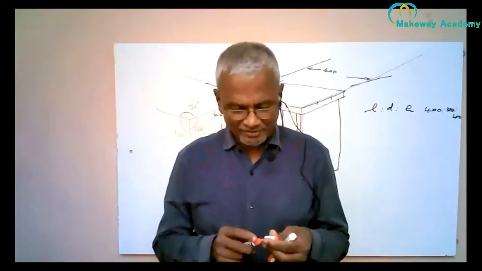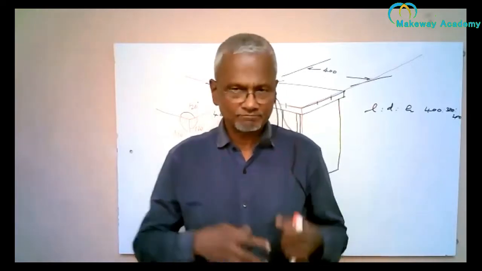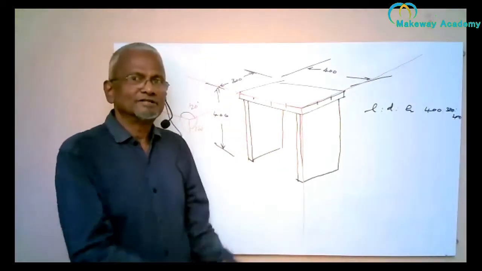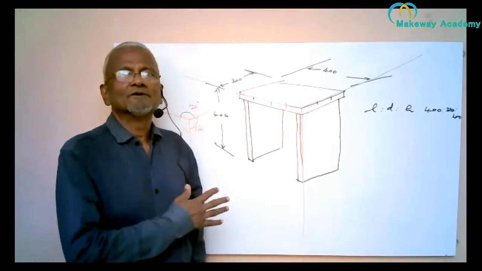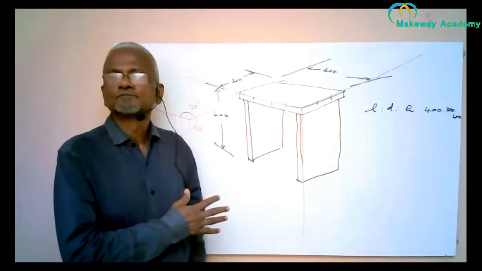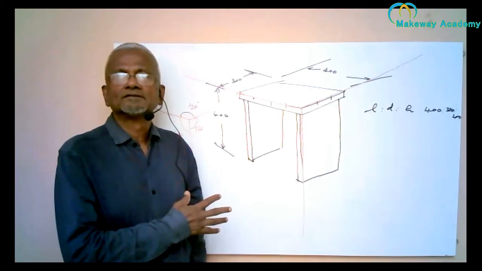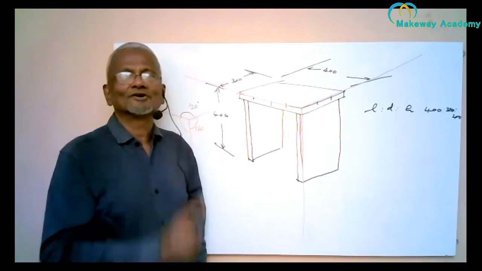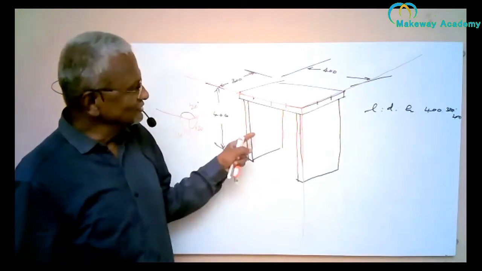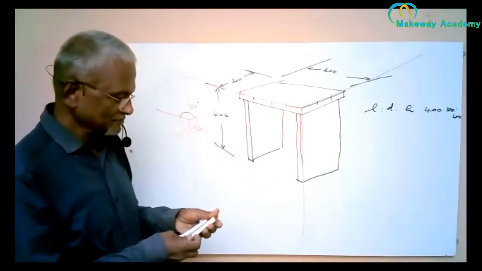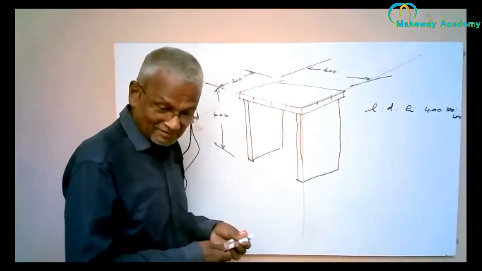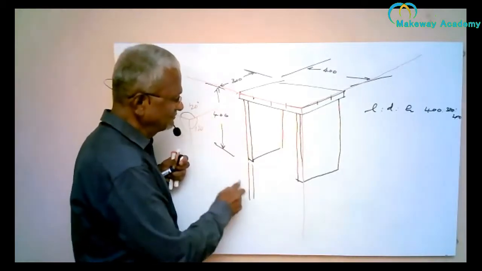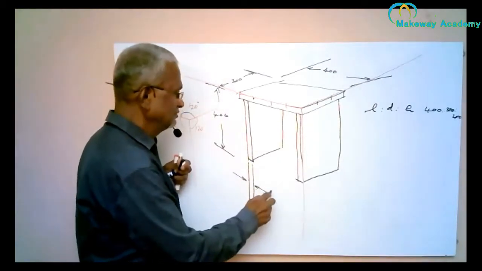So this is one kind of engineering drawing where we represent the object and then we show the dimensions. Since it is a very simple object, we can give all the information about the object in one drawing itself. I have not shown the thickness. That can also be shown. So this is the thickness of the plywood. It is 20 mm.